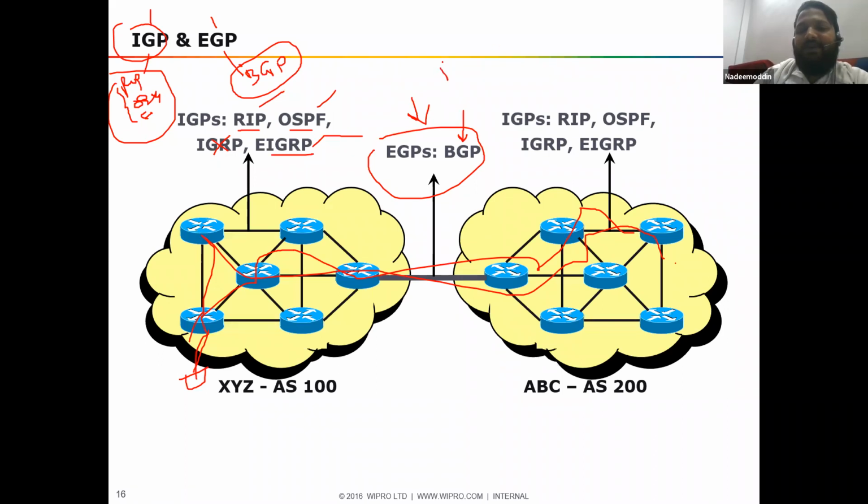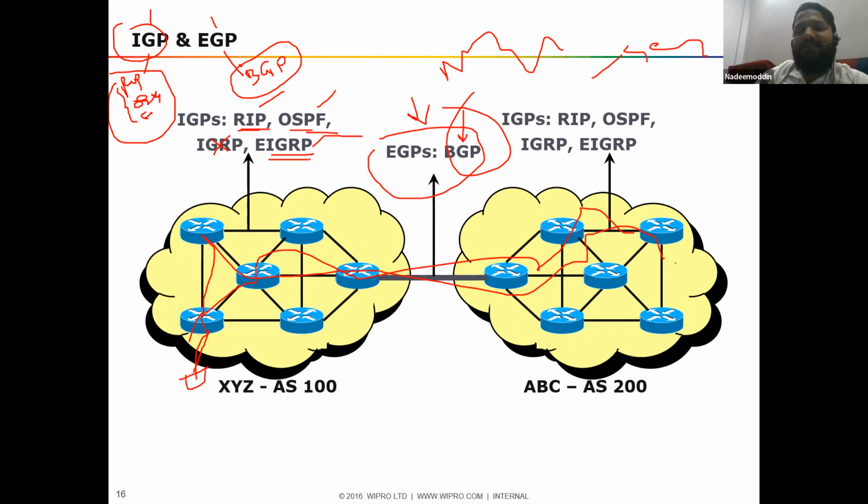There is something called MPLS, which heavily uses BGP, and there is a separate stream in Cisco called service provider. In the service provider track, you will see a detailed study of BGP, and also in the CCNP you will see the details of the BGP protocol. But at CCNA level, you must know what the broader protocols are, and we can see the basics of RIP, OSPF, and EIGRP, and how these dynamic protocols can be used.